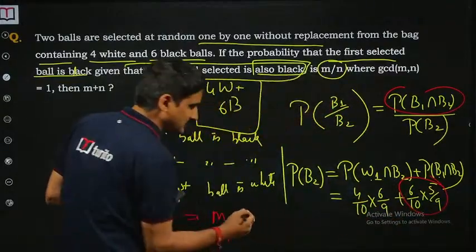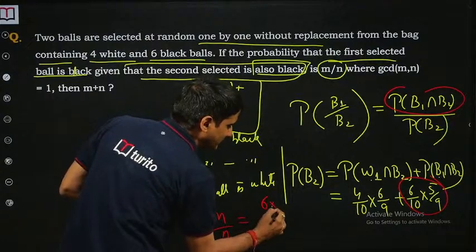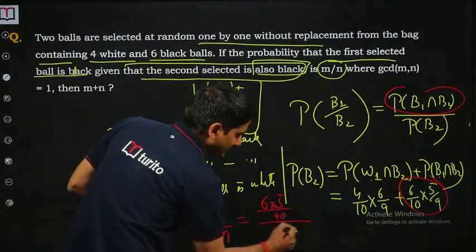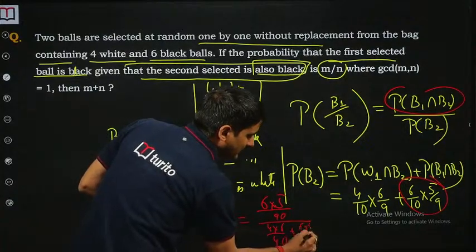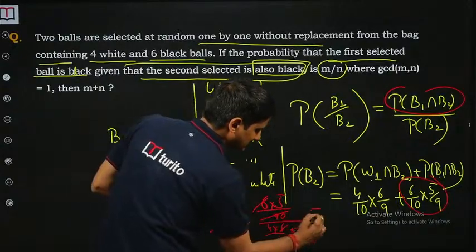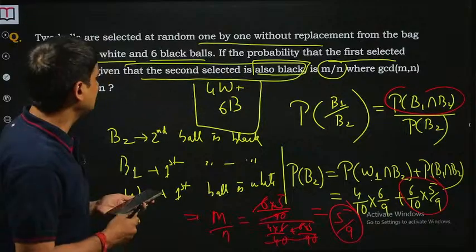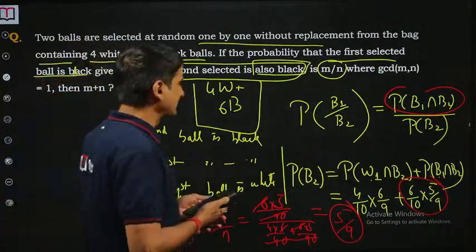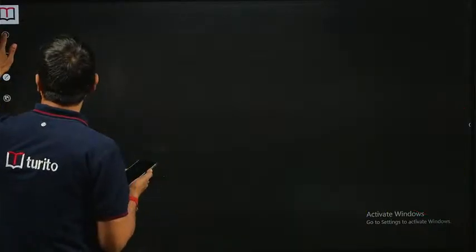So that's what I always say, you always have the numerator as one of the terms in the total probability. So 6 into 5 by 90, over 4 into 6 by 90 plus 6 into 5 by 90. 90, 90 cancelled, 6, 6 cancelled, so 5 by 9, that's it. So M is 5, N is 9, so M plus N has to be 14 here. So that's what I will say. So moving to the next one,